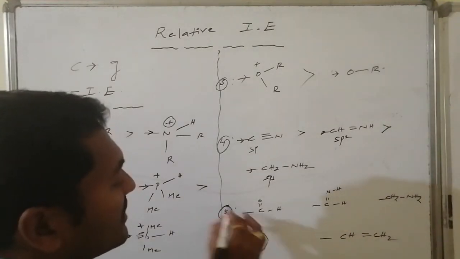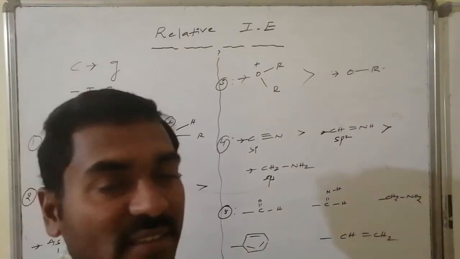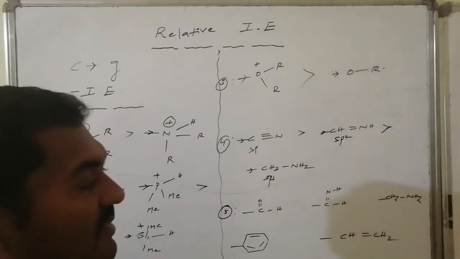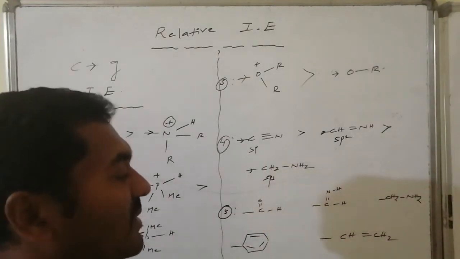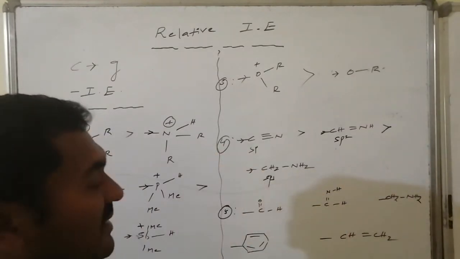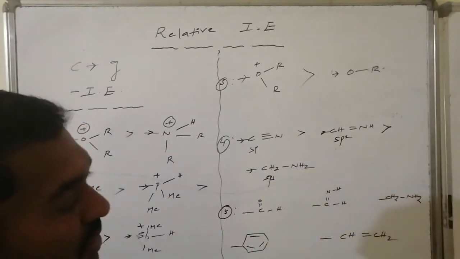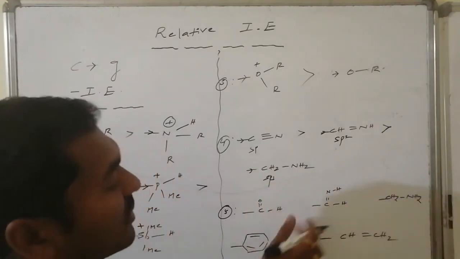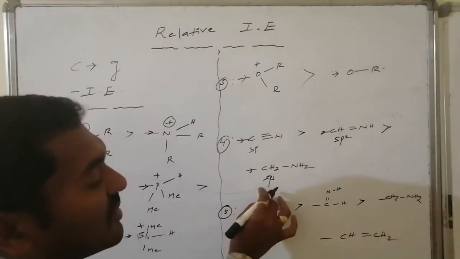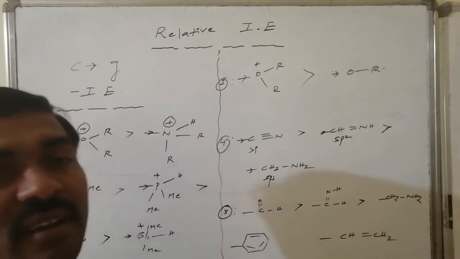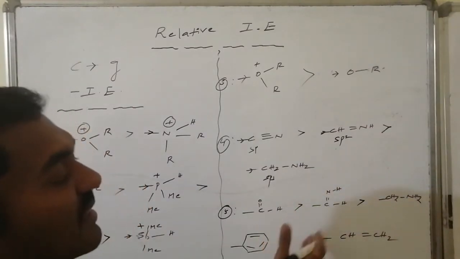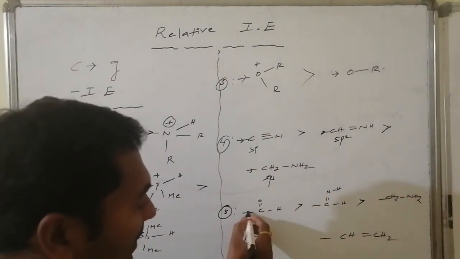Whereas the next case, case number 5: here an aldehyde, an imine, and the saturated amines are there. Carbon is not giving any major chance for withdrawal because these two are sp2 hybridized, but it is connected with oxygen, which is more electronegative and withdraws the electron density. As a result, it becomes relatively more electron deficient. Moreover, this is sp3 and these two are sp2, so these two have higher effect compared to the third. Oxygen is more electronegative compared to nitrogen. Thus, the aldehyde has more minus inductive effect compared to the imines, and imines have less compared to amines.